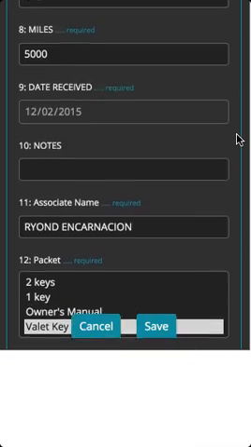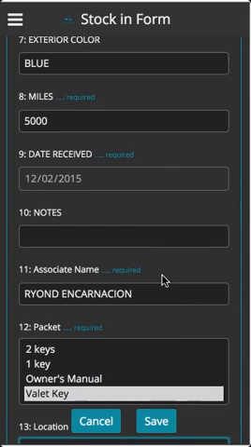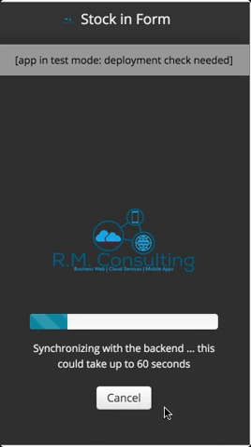And that's the basics of the mobile stocking form. Now, if I click save, it's gonna sync and it will pop up in our sales used vehicle